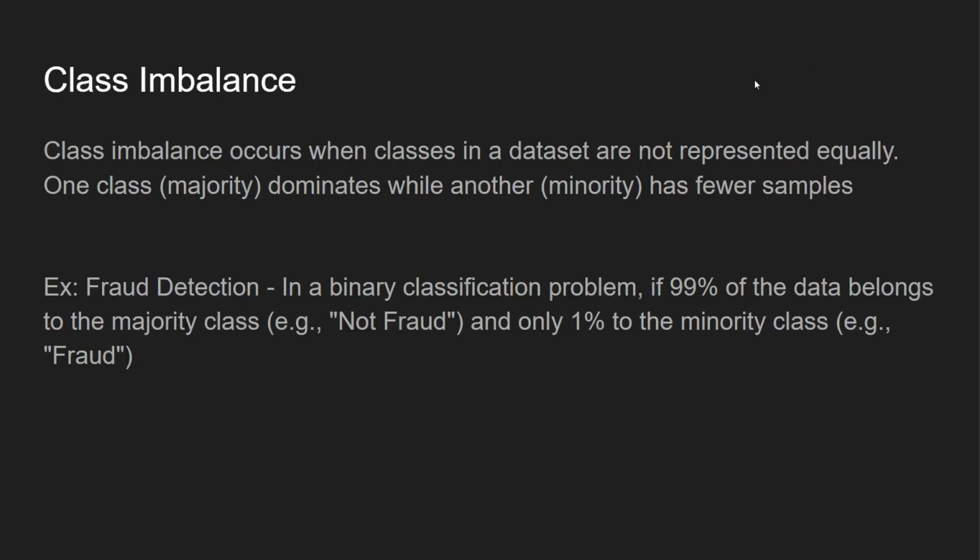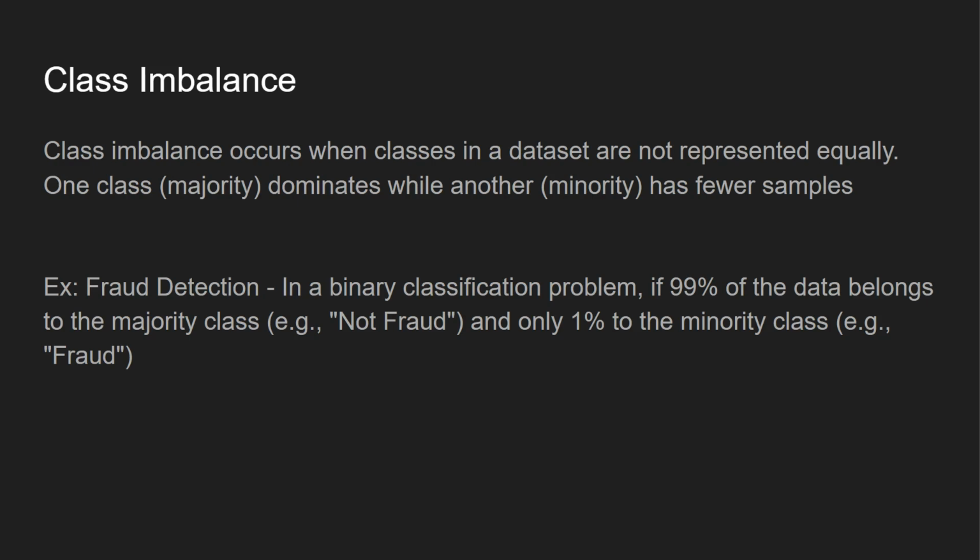All right, let's take a look at class imbalance. So class imbalance occurs when classes in a dataset are not represented equally. One class, which is the majority class, dominates while another, which is the minority, has fewer examples. Let's just take a basic example of fraud detection, right? It's a binary classification problem, which means you either have fraud or you have no fraud. And let's just assume a very basic level, 99% of the data belongs to the majority class, not fraud, and then only 1% of the data belongs to the minority class,